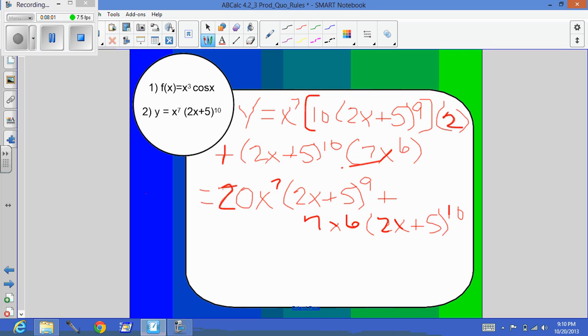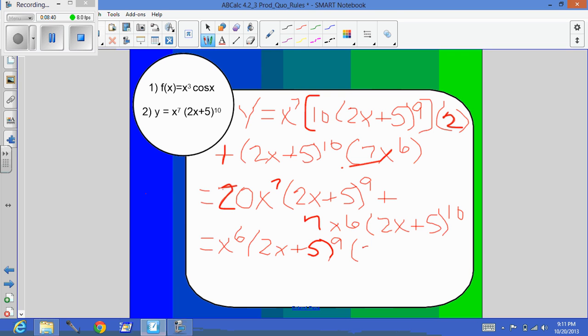Now then, the problem with leaving this like this is that it's not as neat as we want it to be. We still want to be able to factor things out. There's an x to the 6th in each term. There is a 2x plus 5 to the 9th in each term. Those need to come out. So you'll need to pull out x to the 6th times 2x plus 5 to the 9th. Remember, you always factor out the lowest exponent value. And that will leave you with